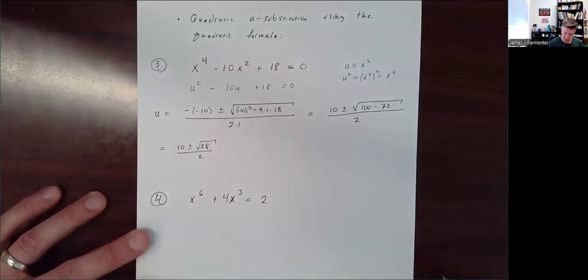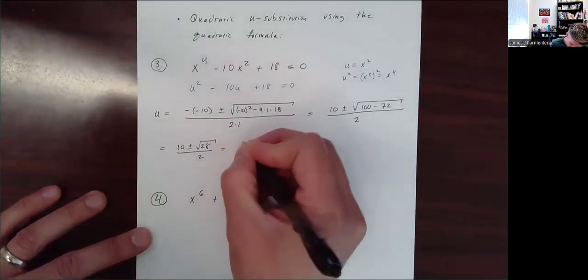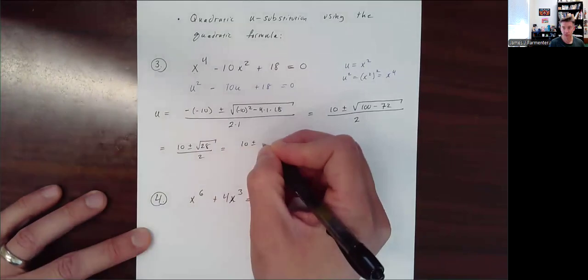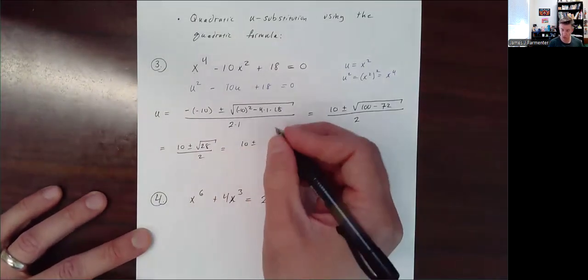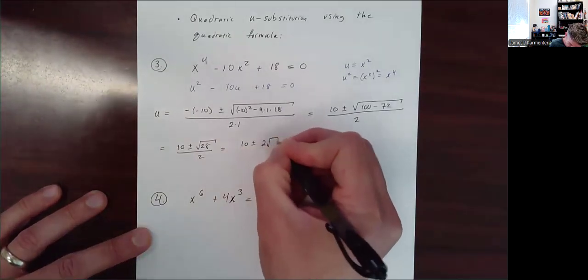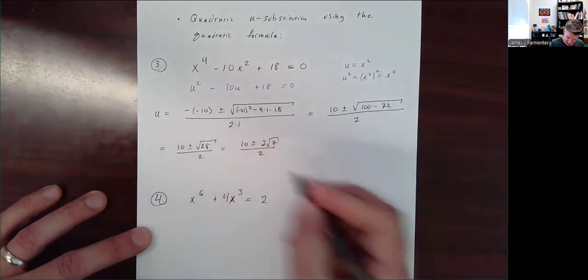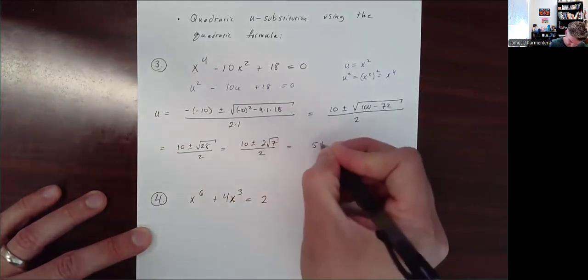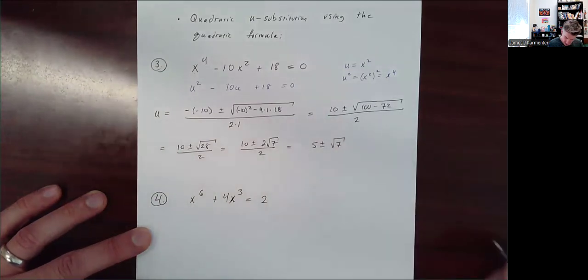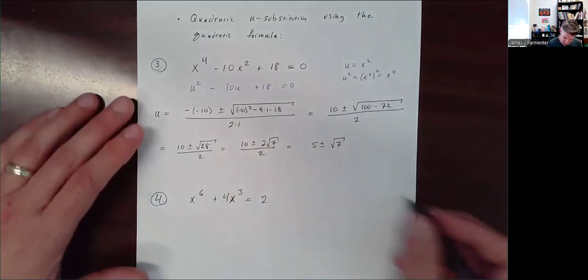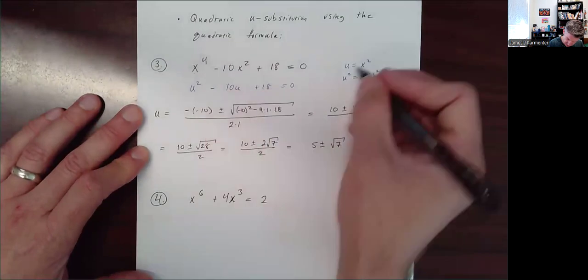28 does have a square factor of 4, so we're going to get 10 plus or minus the square root of 4 times 7 is 2 times the square root of 7. All divided by 2. Divide each term by 2, and you get 5 plus or minus the square root of 7. And then we say, well, that's what u is supposed to equal, but then u is really x squared,